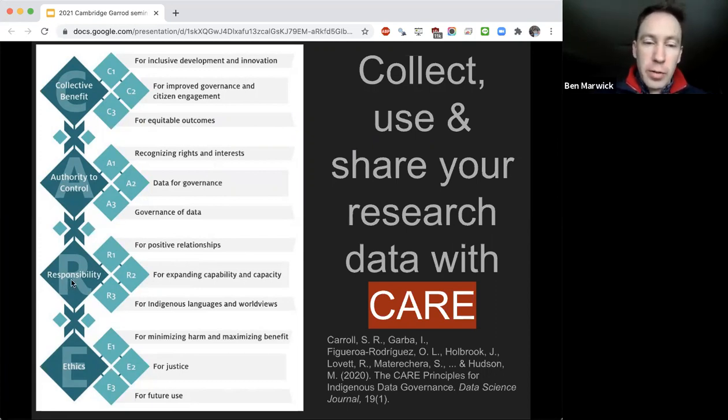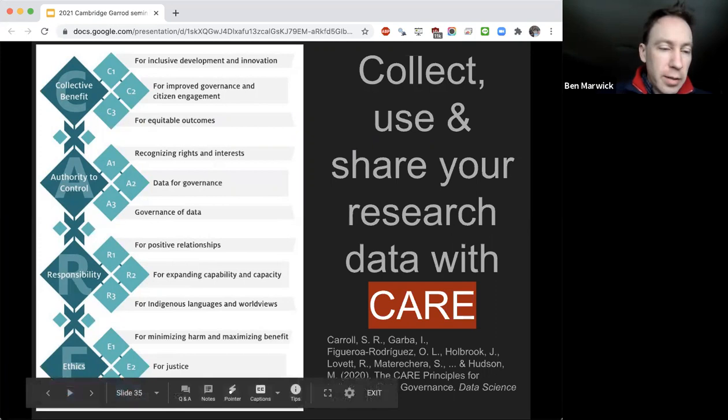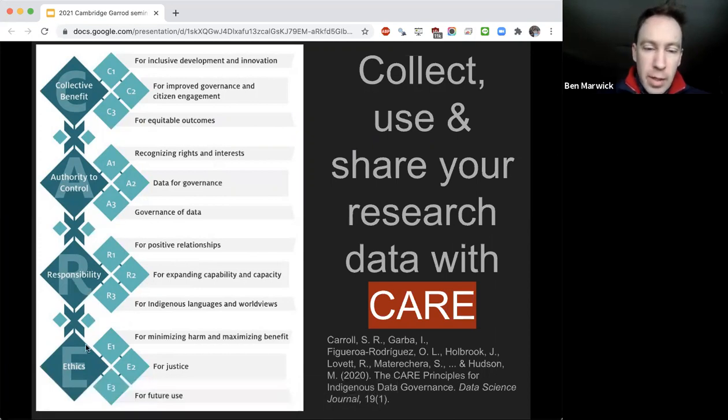And sort of corresponding to that, we have some responsibility. Indigenous communities have a responsibility to make decisions about data as well, and we need to include them in that in meaningful ways. And sometimes this means not sharing data at all, and I will talk about that just briefly in a second. And the E is for ethical concern, minimizing harm in how we collect, use,